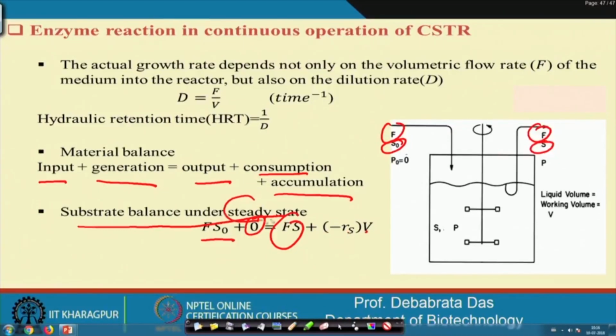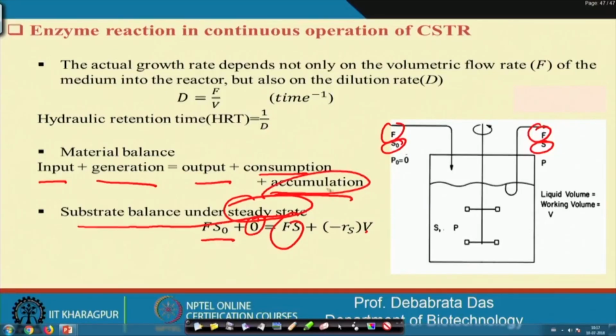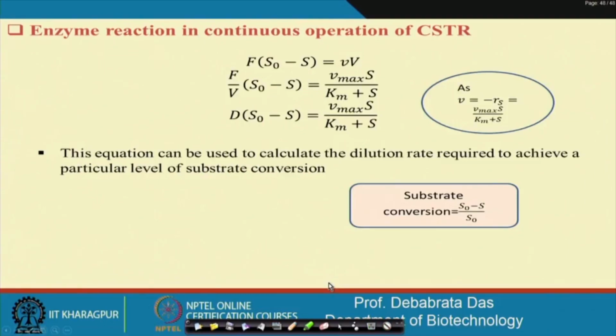Now, if you consider the steady state, I told you what steady state is: when the concentration remains unchanged with respect to time. How is it achieved? When the rate of accumulation of the substrate is 0. If there is accumulation of substrate, then it is not possible to attain the steady state condition. So your accumulation should be equal to 0. So if we analyze this, the process comes out like this, F into S0,